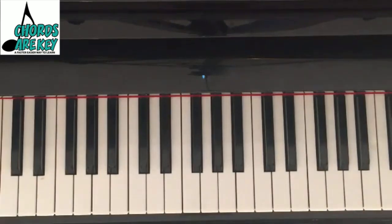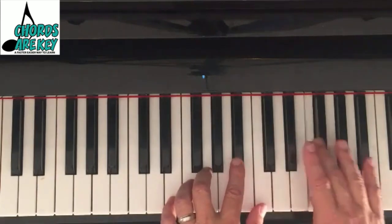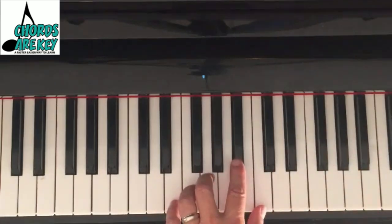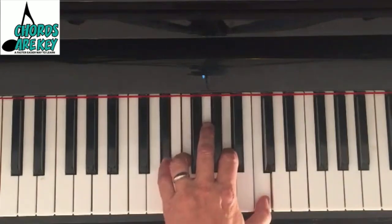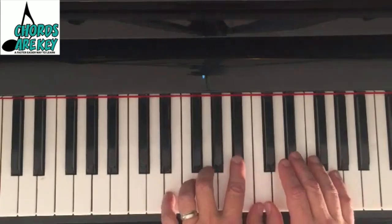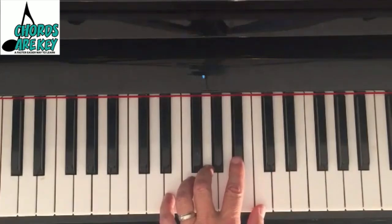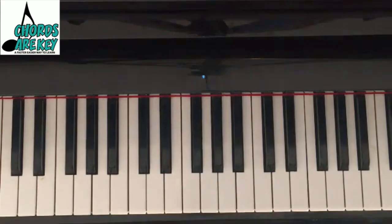Now here's the cool thing about this. When you're playing the notes of this scale, you can't hit anything that sounds wrong when you're playing that chord, or that chord, which really allows you a lot of freedom. So what I want you to do is we're going to practice going up and down the scale, and we're going to actually go up